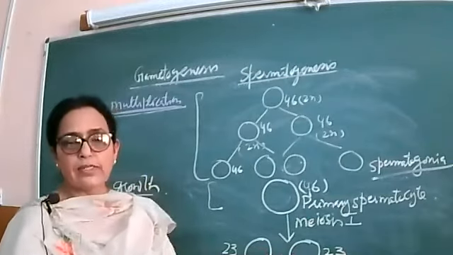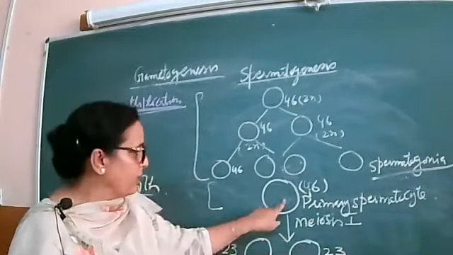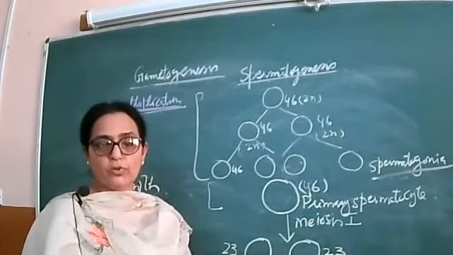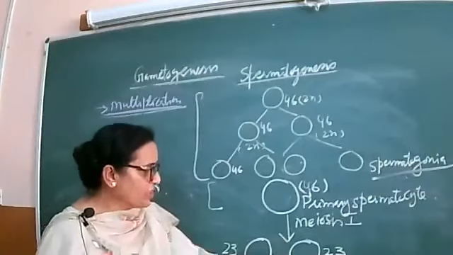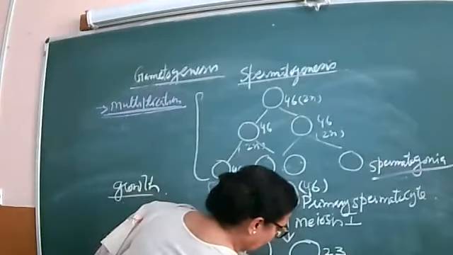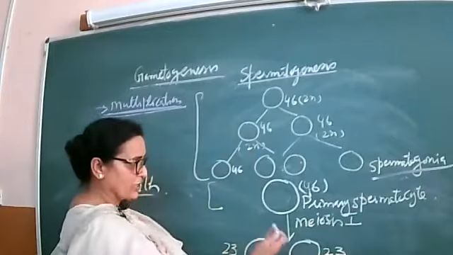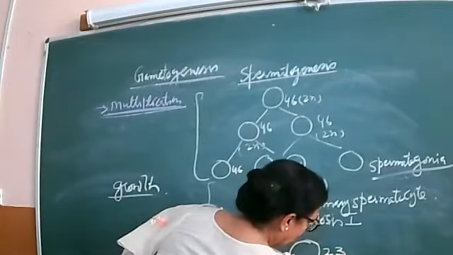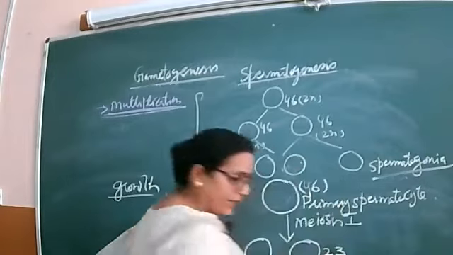But in terms of the genetic material, these cells formed by the primary spermatocyte still have double the amount of genetic material, meaning each chromosome is formed of two chromatids. So further reduction in the genetic material will take place by undergoing meiosis 2. This is meiosis 1, meiotic division 1, then meiotic division 2, meiosis 2, will take place, right?